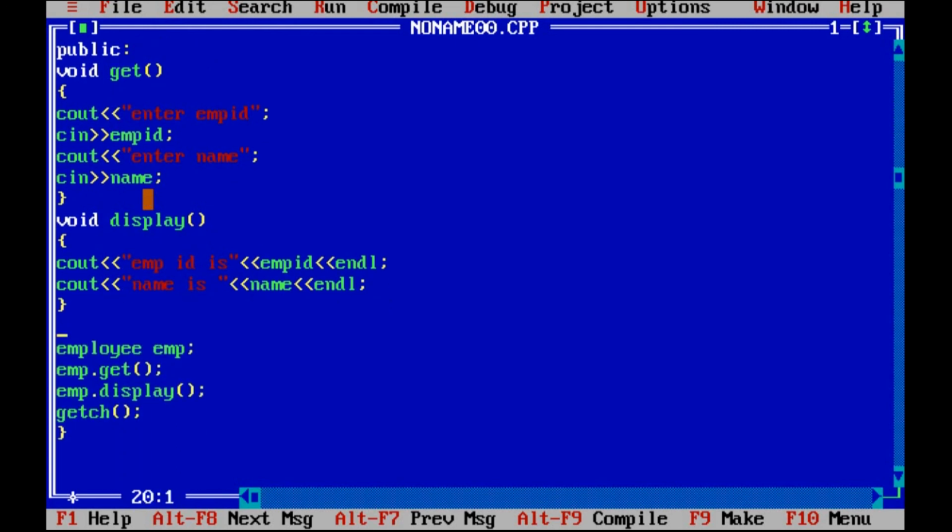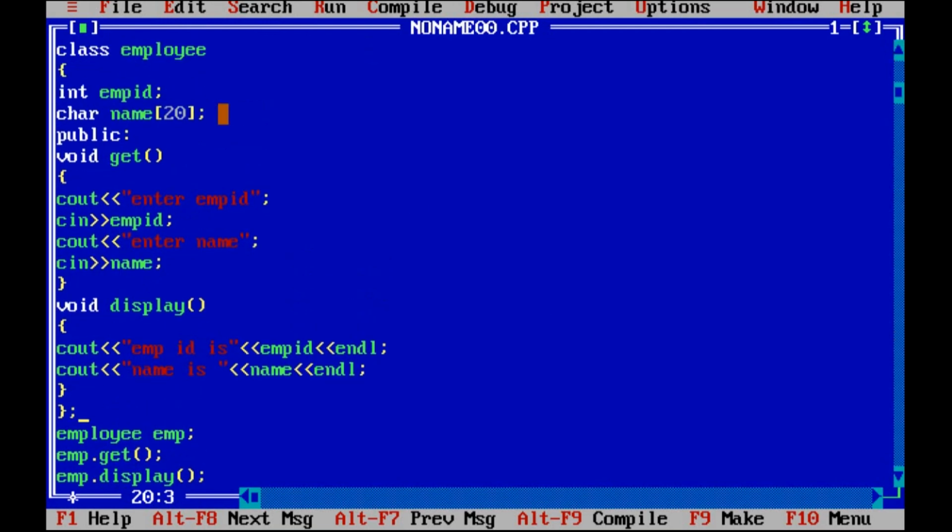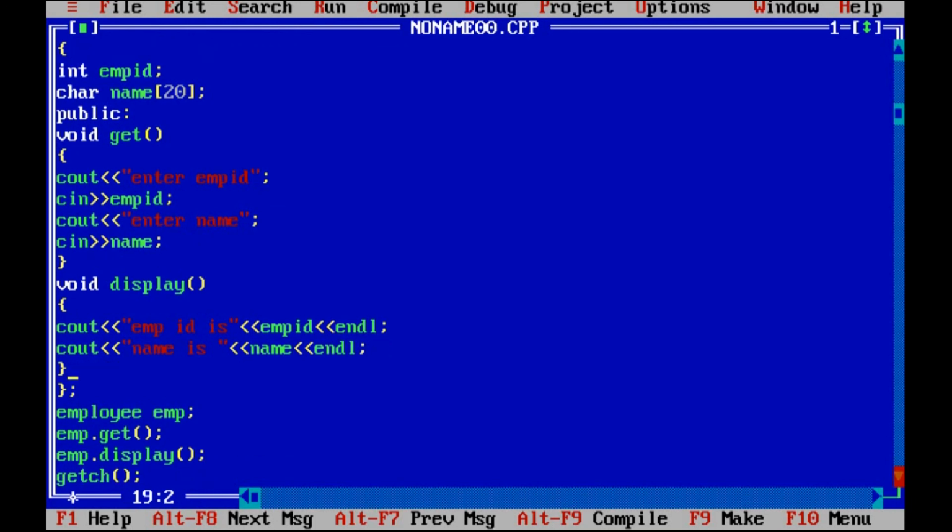Now students, after defining the functions, we have to close the class. So this is the starting bracket to start the class, and this is the end bracket to close the class. And these two brackets are for the first function and these two brackets are for the second function. So if we are going to define the member functions inside the class, then only after defining all the functions of that particular class can we close the class.